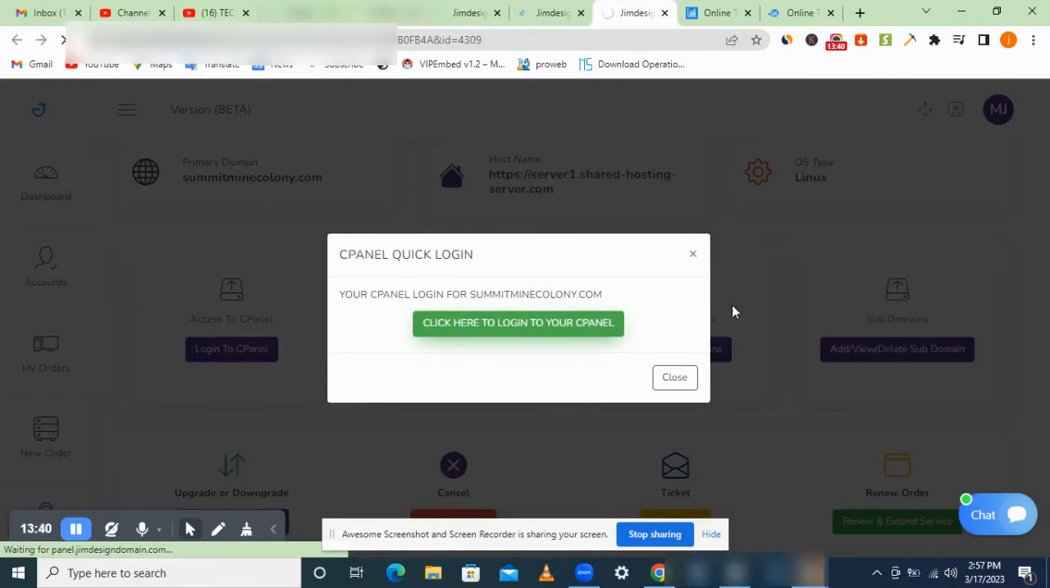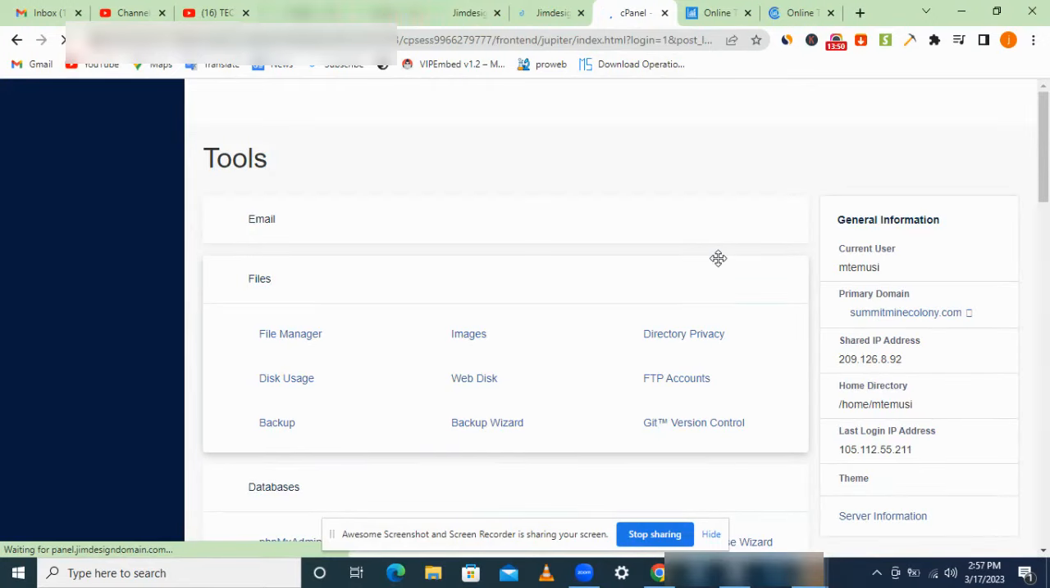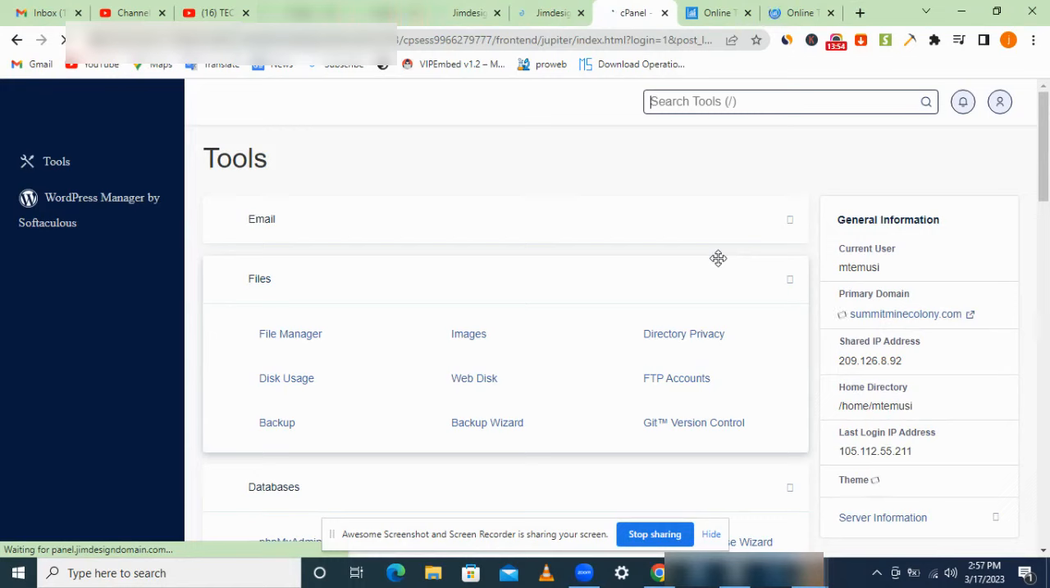So there's no need, you don't need to duplicate the page. So to log into cPanel, and yes, now we are in our cPanel dashboard currently, and this is how the cPanel dashboard looks like. Now, the first thing you need to do is